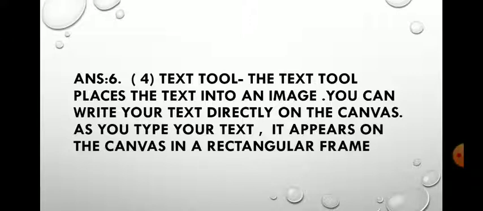Now fourth is text tool. The text tool places text into an image. You can write your text directly on the canvas. As you type your text, it appears on the canvas in a rectangular frame.